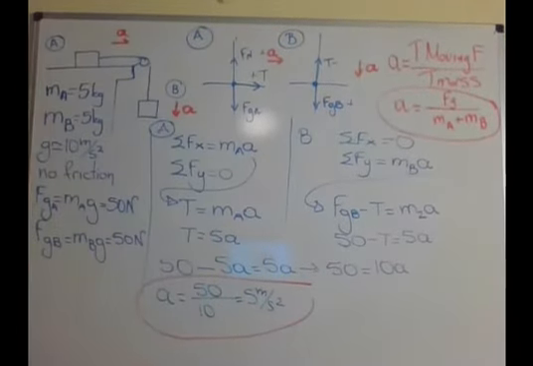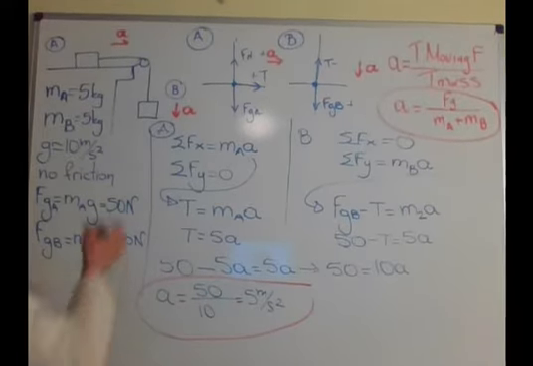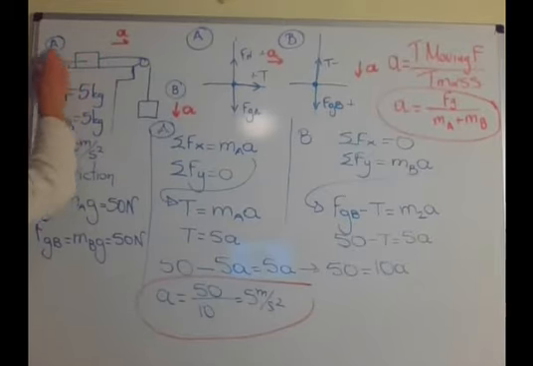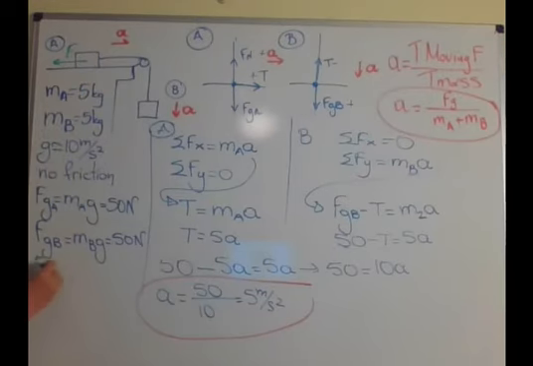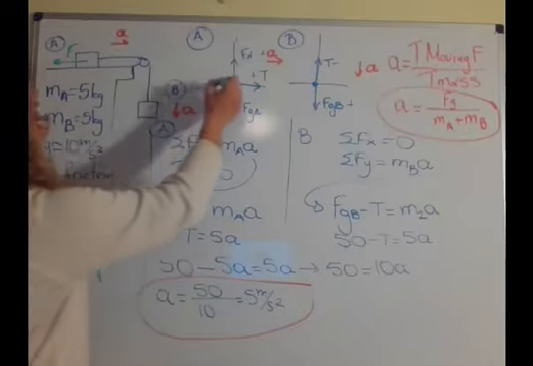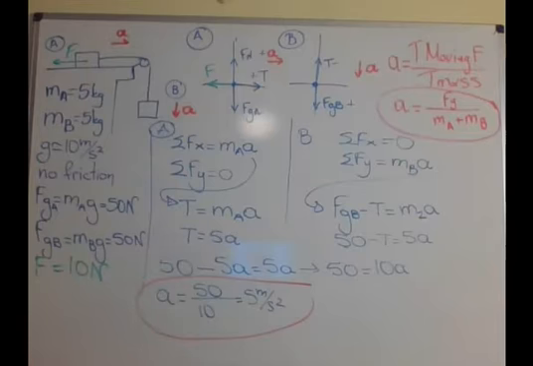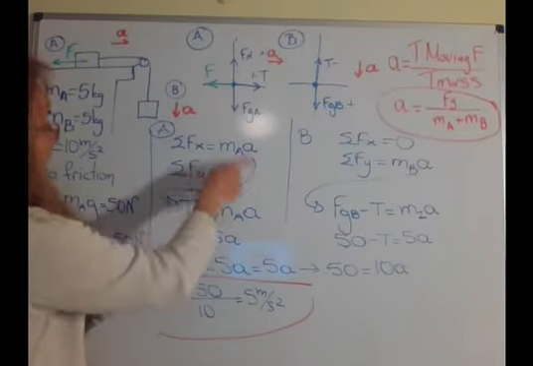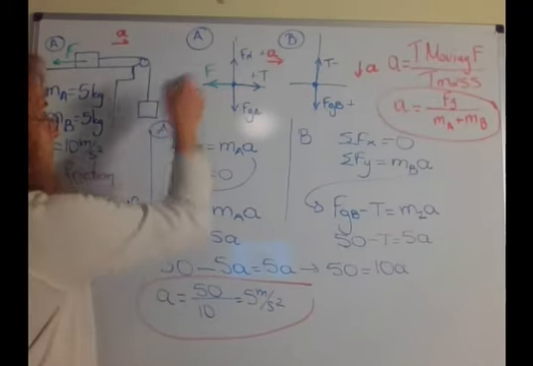What will happen if in the previous problem we also had friction? So let's say that I will add friction here. And let's say that this friction is 10 newtons. Well, what's going to happen is that I should add the force of friction here, which means that if I go to the sum of forces and in the x-axis, I should also include friction,